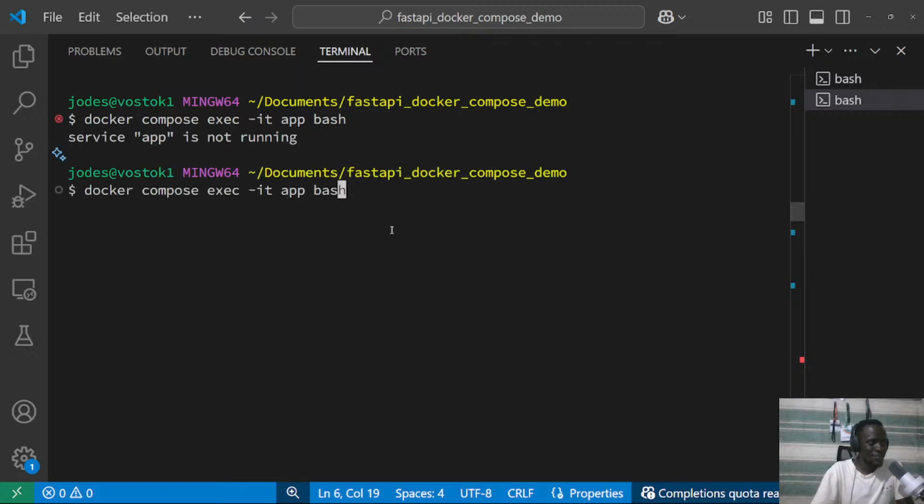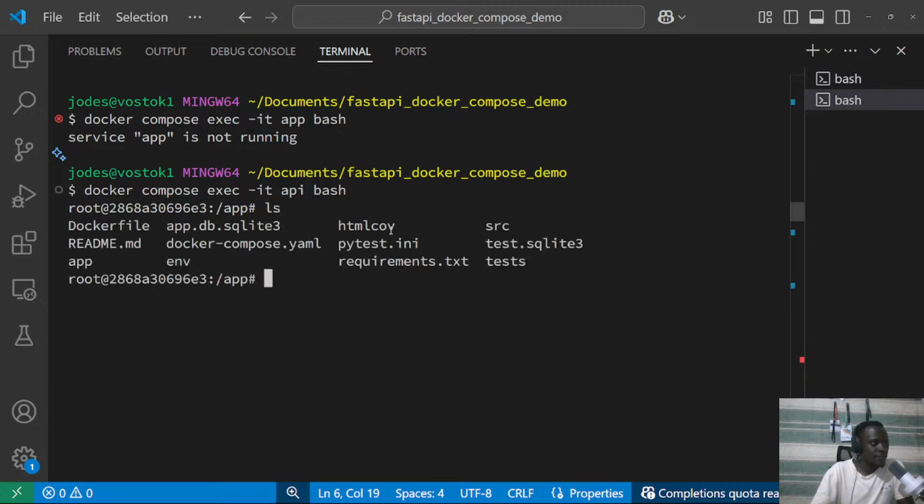We don't have an app container running, so that's api. And then maybe I'll ls. So I still have app.db.sqlite3. Let me go ahead and remove it. So if I say rm -rf that,